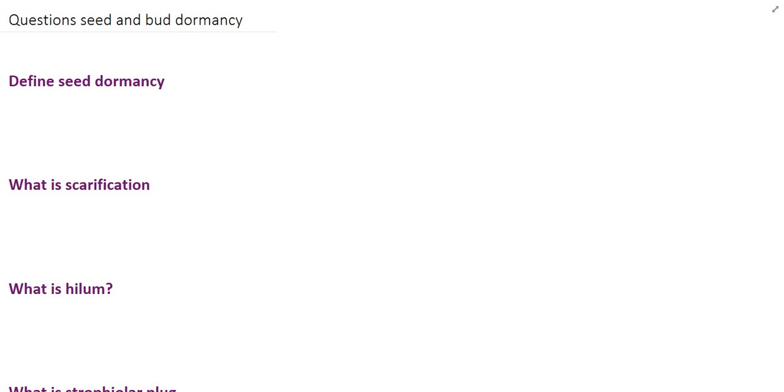So we all know what a dormant stage is, right? What is a dormant stage? It is a resting stage where no growth is seen. The seed is still alive, but there is no growth. It is in the resting condition, but seeds are still alive. So seed dormancy is a living condition or state